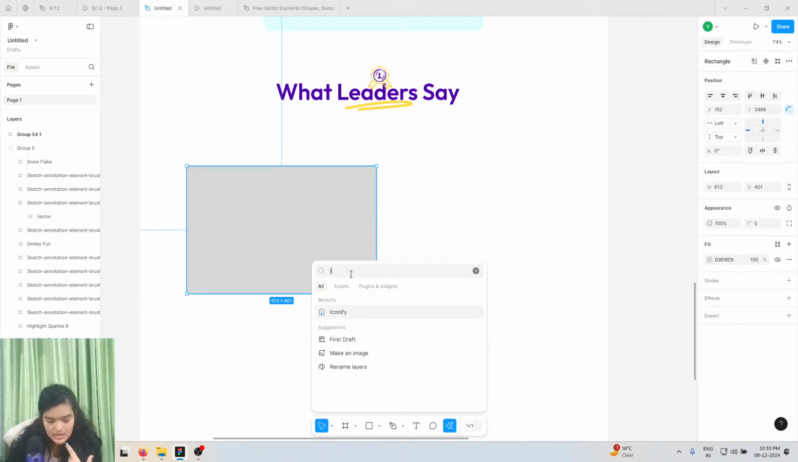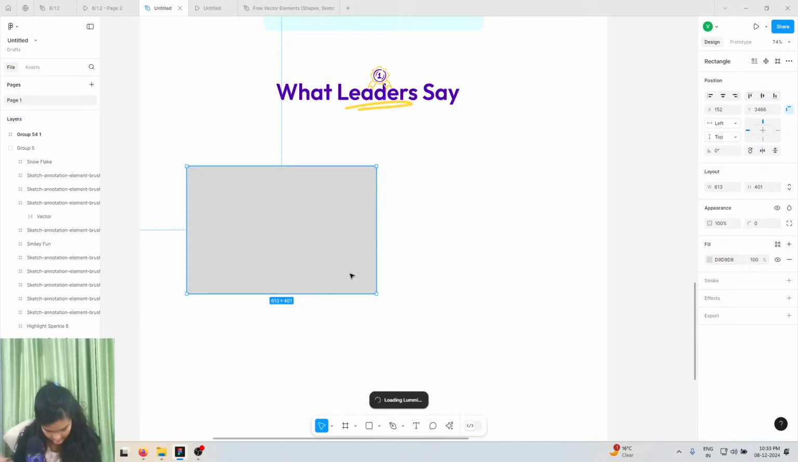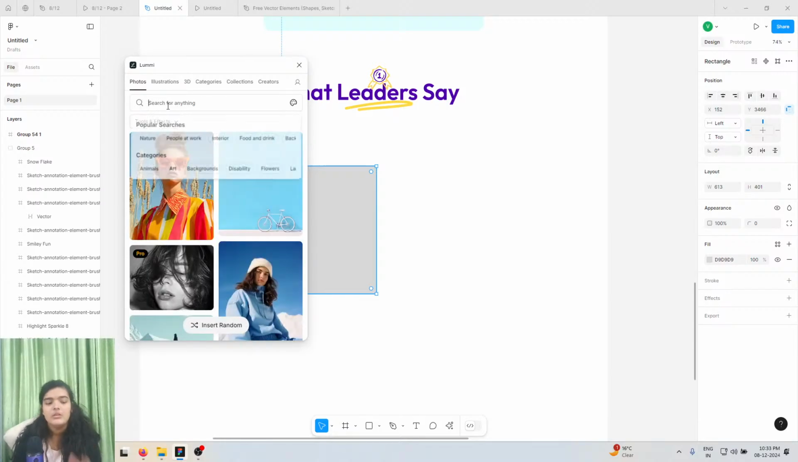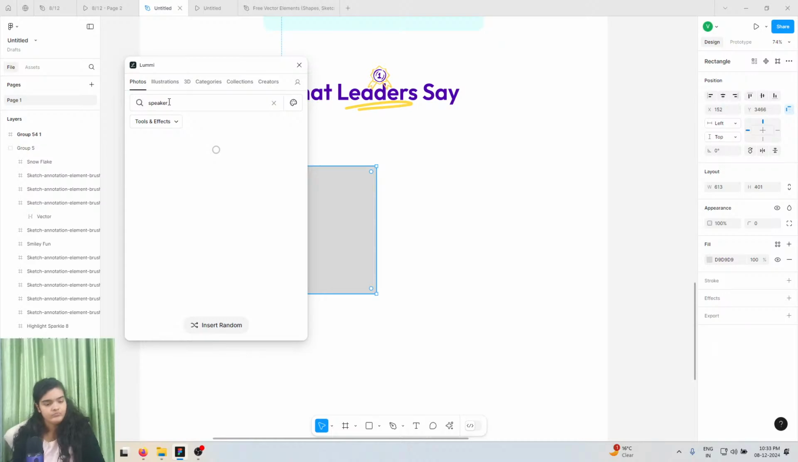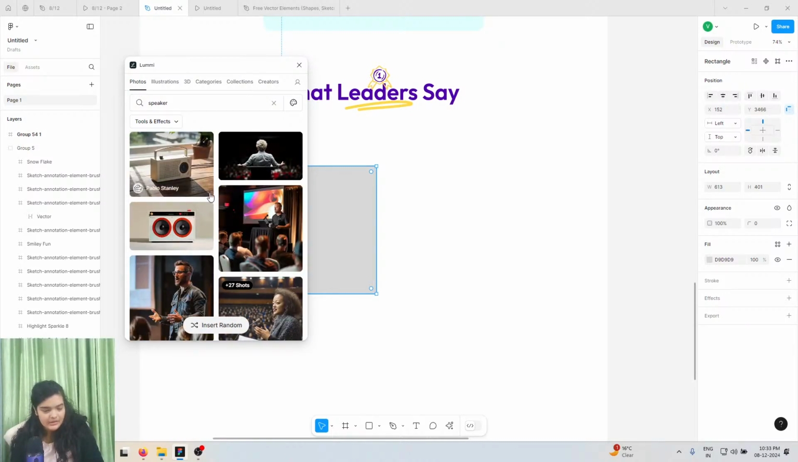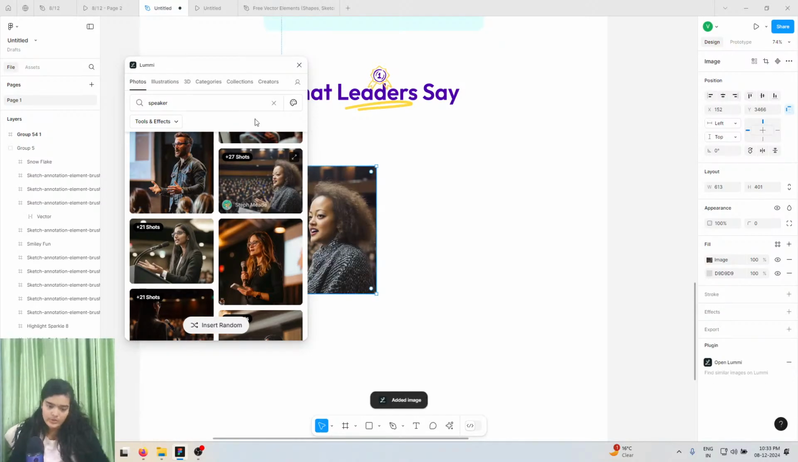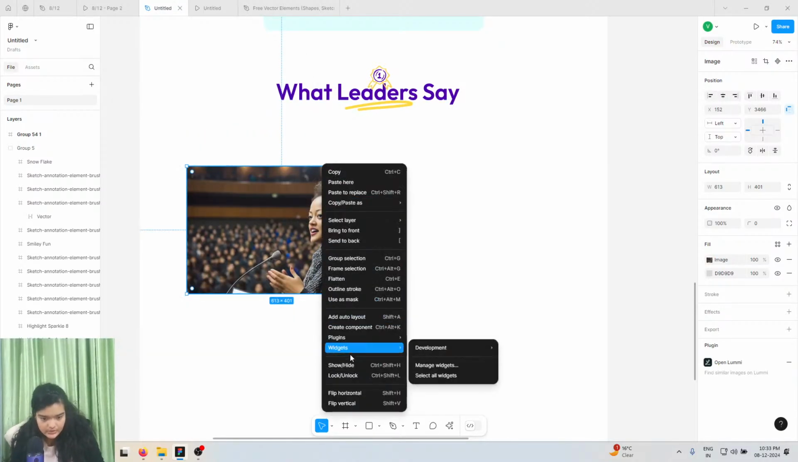Go to Lummi, search for Lummi, enter. This is a tool by the great Pablo Stanley. We're going to search for speech or speaker or anything of this public speaking sorts. Speaker. I hope it doesn't give me the band speaker. It does give me the band speaker, but you know what? That's fine. Let's get this image by Steph Mead, and then we're going to flip this over, right click, flip horizontal,